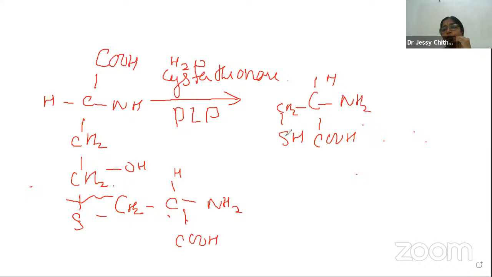And we studied how cysteine is synthesized from methionine. Methionine undergoes activation, forming S-adenosyl methionine, and a methyl group is removed, forming S-adenosyl homocysteine. From S-adenosyl homocysteine, the adenosyl group is removed, forming homocysteine, and this homocysteine combines with serine in the presence of cystathionine beta synthase enzyme, forming cystathionine. This cystathionine, in the presence of cystathionase enzyme, is hydrolytically cleaved to give cysteine